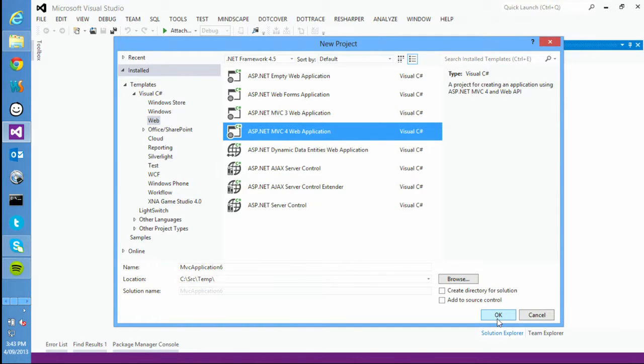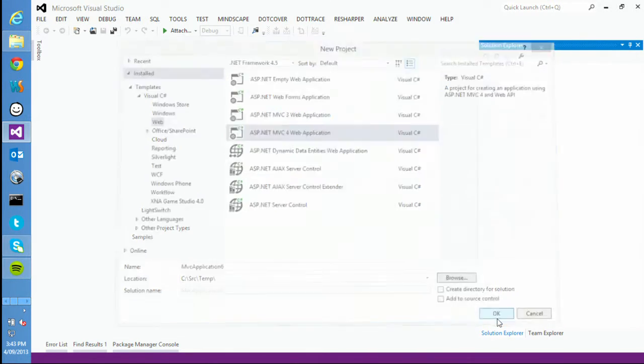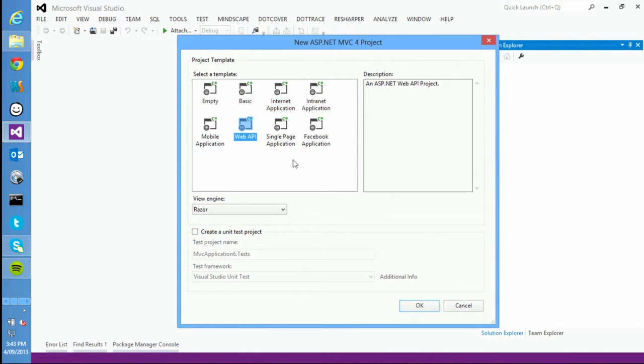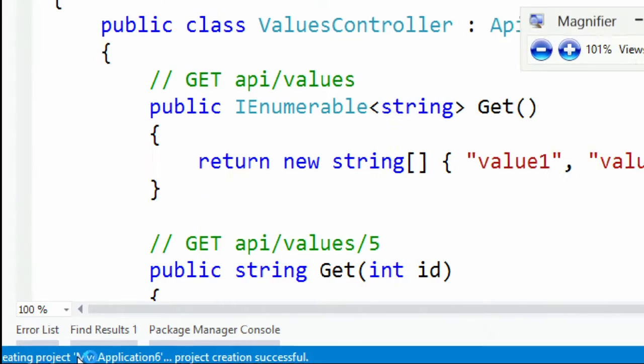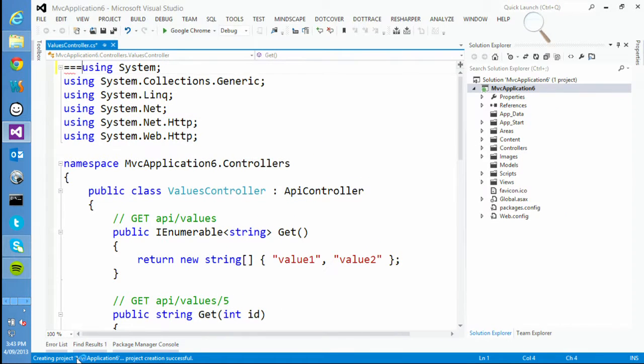Yep, so new MVC4 project. I'm just going to make a new one of those. It doesn't really matter for the sample which one of these you pick. I'm just going to say Web API. And the reason that it is taking a long time, if you look down in the corner, it's actually adding NuGet packages.